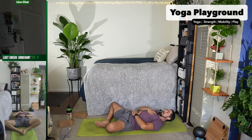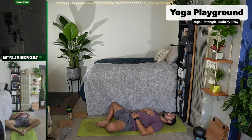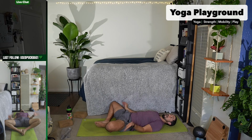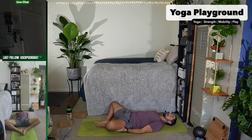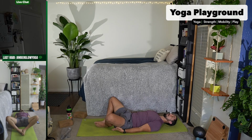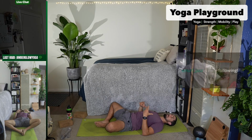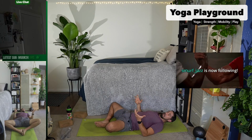We've got a hand on the chest, hand on the belly, letting gravity open the thighs here. We don't need to work. If it's too intense, if gravity is just a little bit too much here, you can use your hands to support some of the weight of the thighs, or you can place blocks underneath or pillows. Just wedge them in there so you can feel the stretch, but it's not too much. Sometimes when we go into stretches too deeply without any support, we actually...